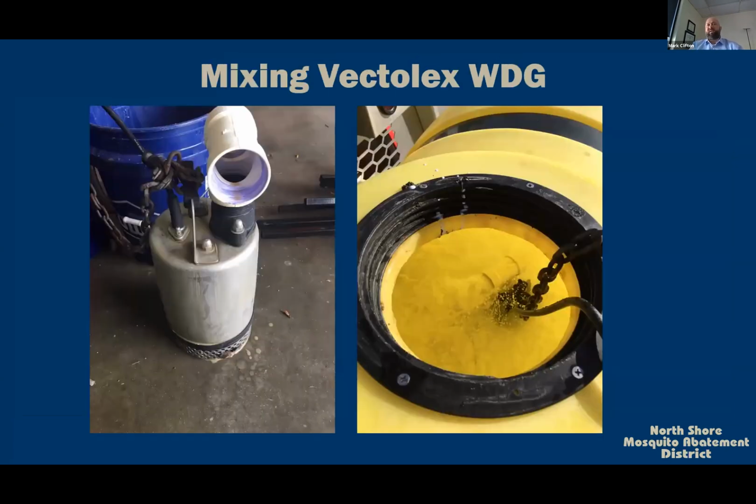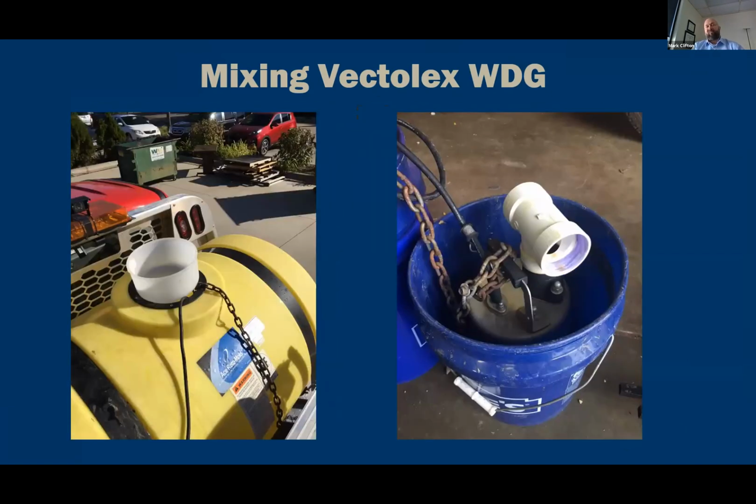So along the way, we came up with some other methods for mixing Vectolex. There are lots of different ways to do this, but we found a stainless steel dewatering pump, the biggest one you can get that's still electric. I think it was like a 3/4 horsepower or something. And we actually just drop this into our tank, and then we'll put a funnel on top and pour the Vectolex into the funnel and let it kind of just pour into the tank and mix on its own